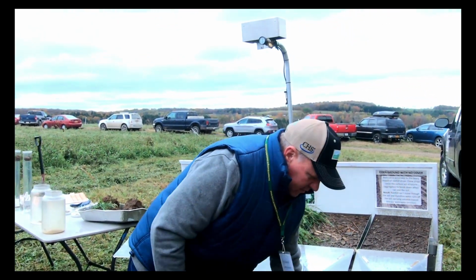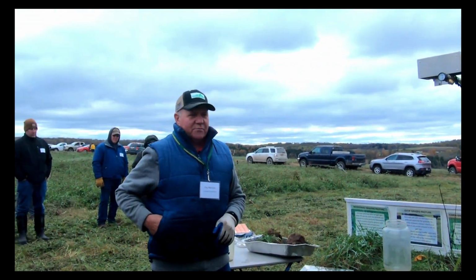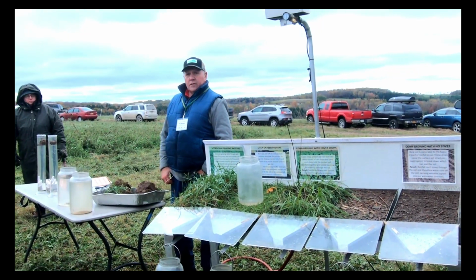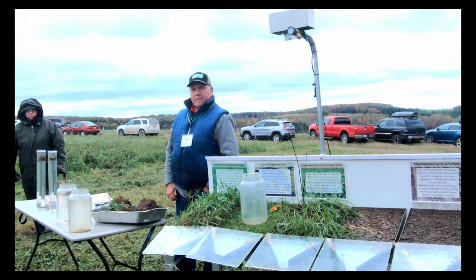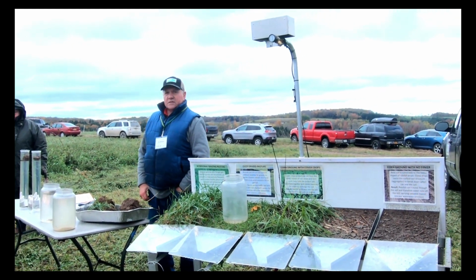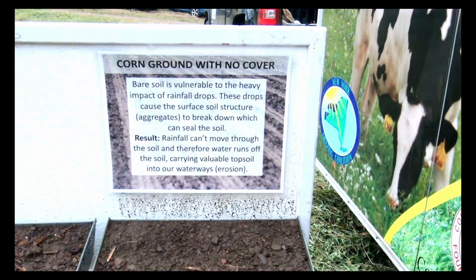Oh, yeah. They were pretty wet. They've been in the back of my truck for the last 3 days, so they're pretty wet. Your soils should feel like you're walking on a sponge. Yeah, you can feel the difference. And this is pretty good here. The pasture was pretty hard down there, but